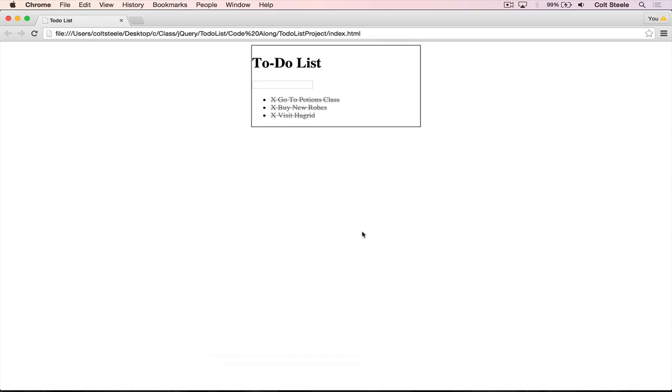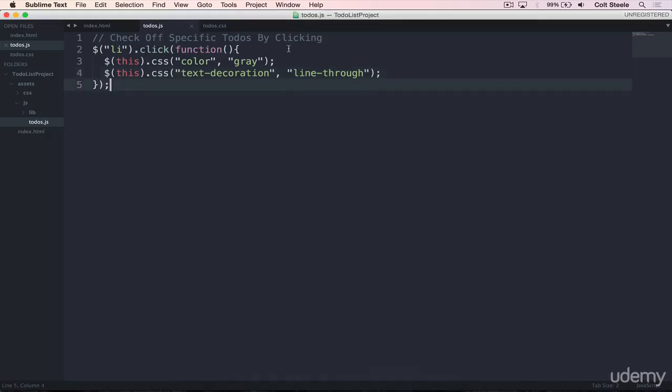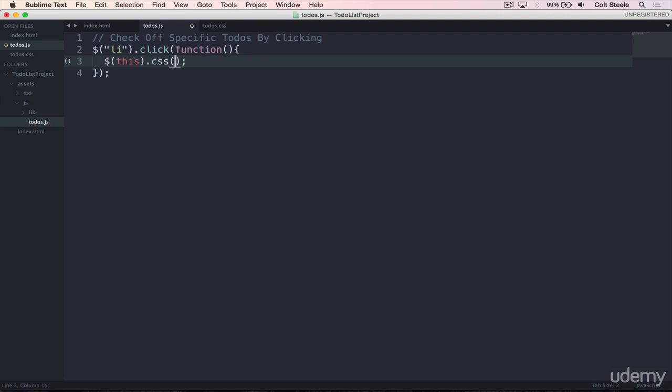But of course, there's always an easier way of doing that. So rather than doing it on two separate lines, you might have remembered how we could define an object with key value pairs and just do one single this.css call. So we'd add an object in here, just like that. And we need to add in color gray,